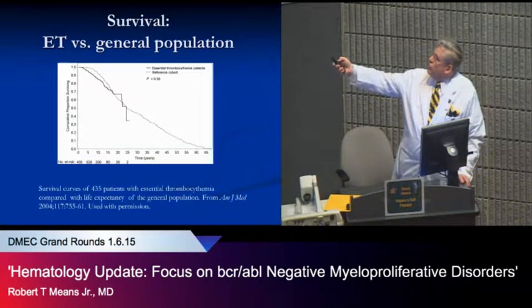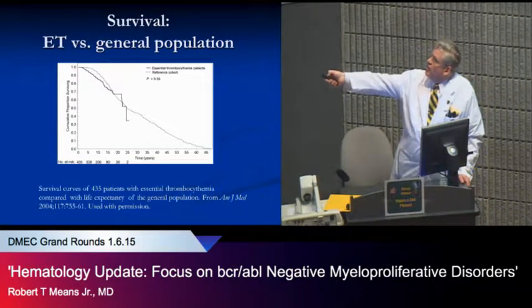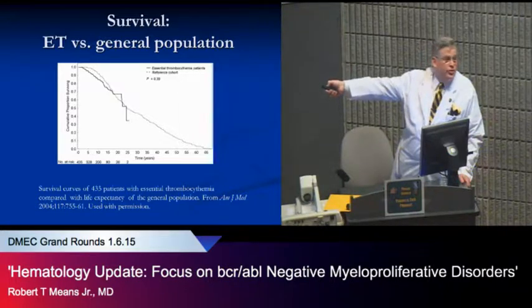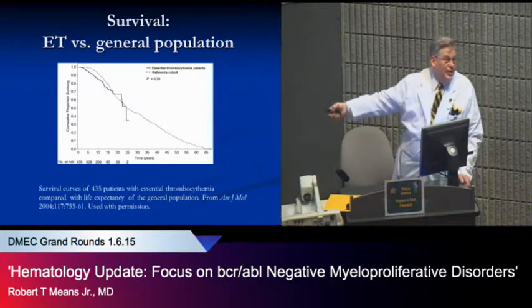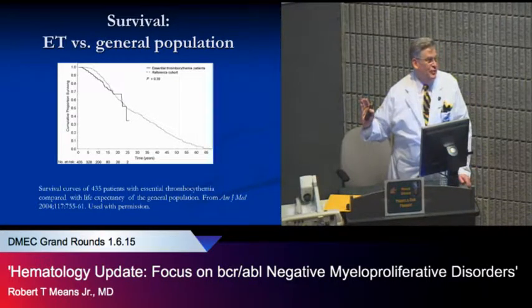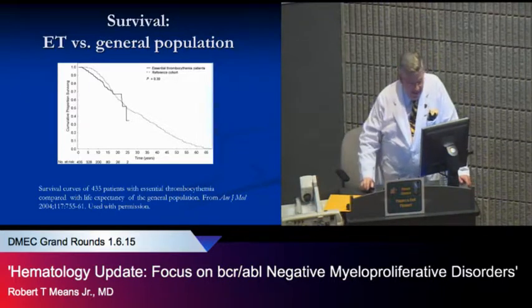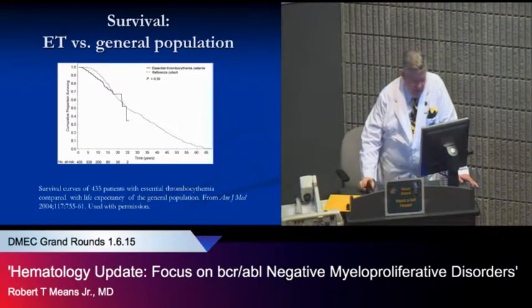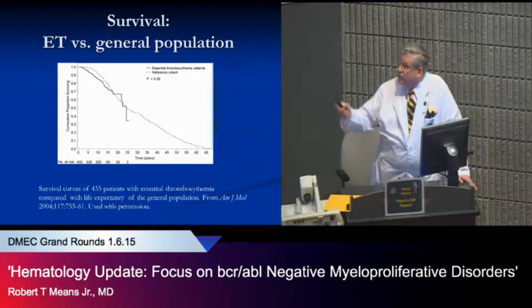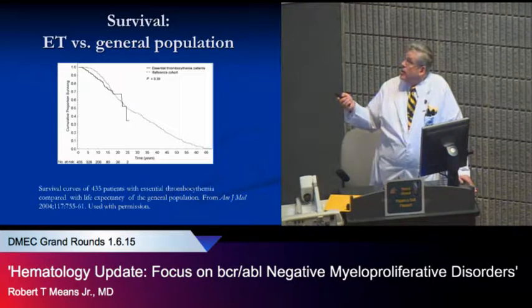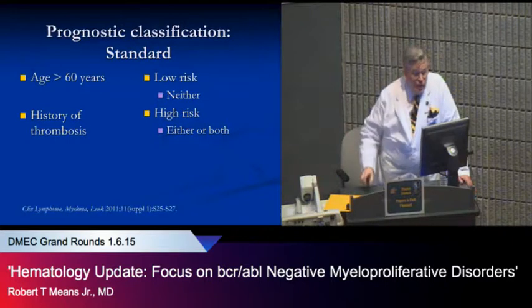Oops. So if you look at this, how many folks are we talking about here? Why does it drop so precipitously? Well, there's only 2 people left in the series at that point. So if one of them goes, your survival is going to drop 50% to what it was before the other one. So it's essentially the same compared to general folks. And again, this permission was granted by the copyright holder to use this.